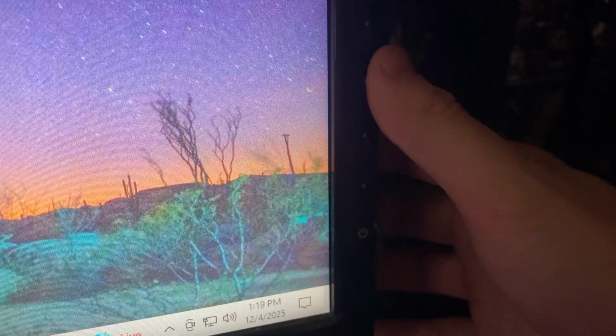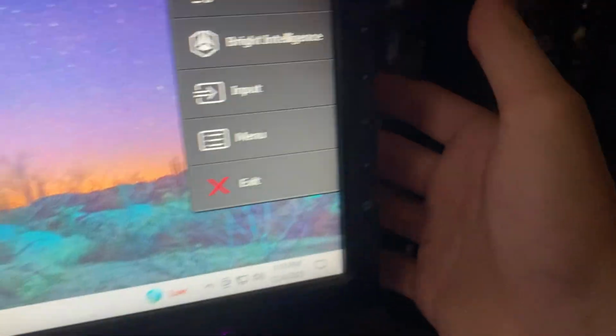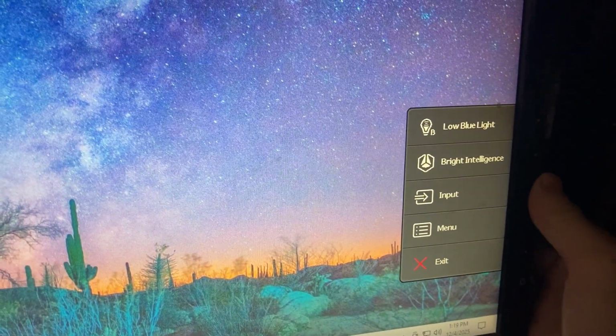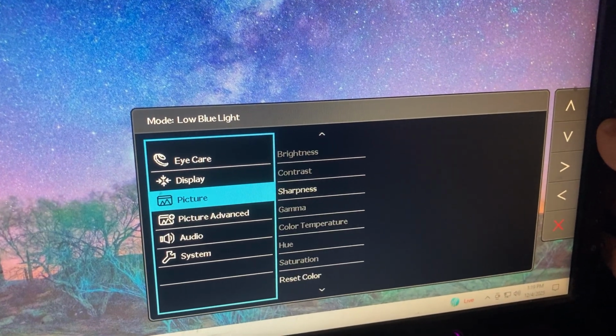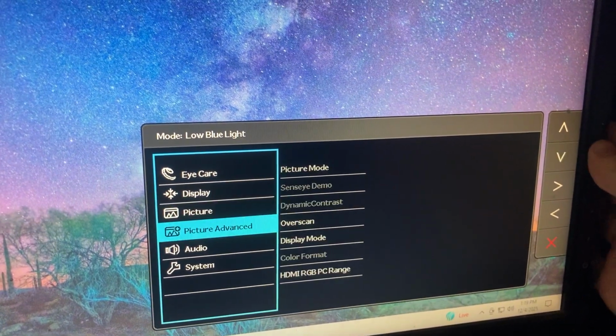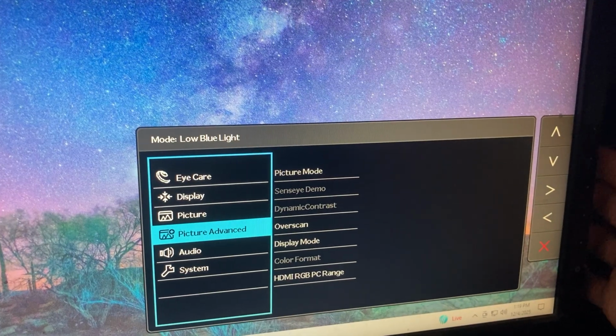So what you'll need to do is go right here to these buttons and click on the second from the bottom, and you will enter the menu. If you scroll down with the arrows like that, and go to Picture Advanced, then use